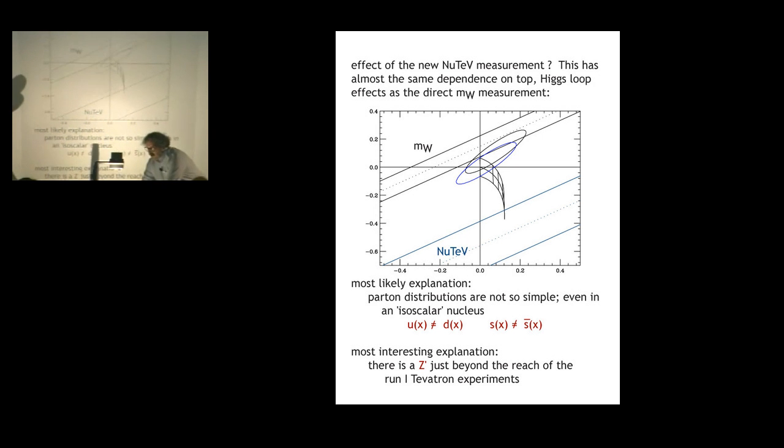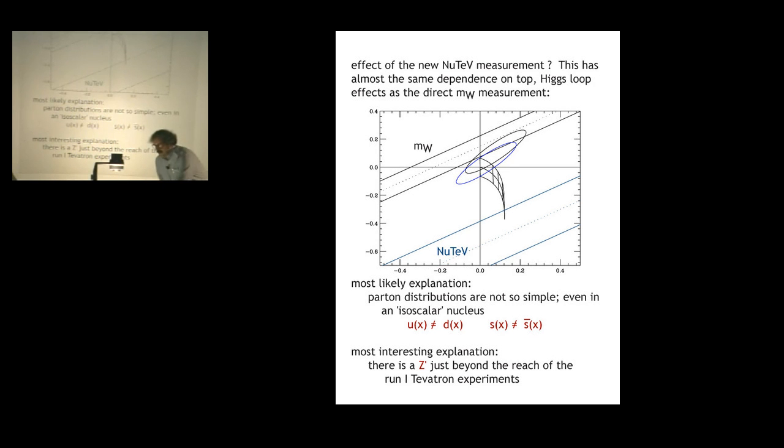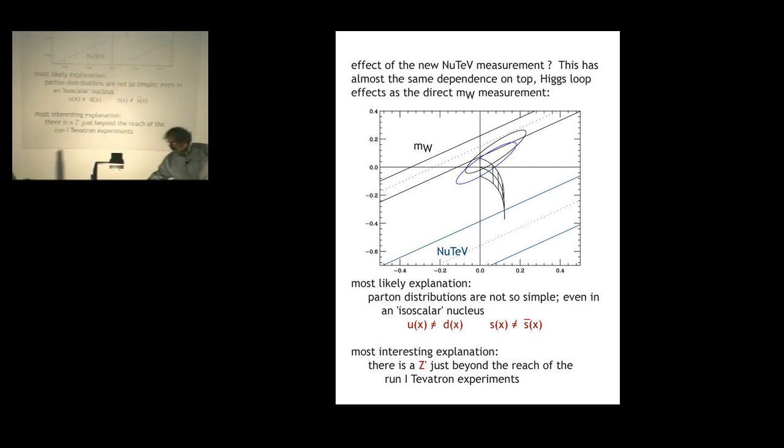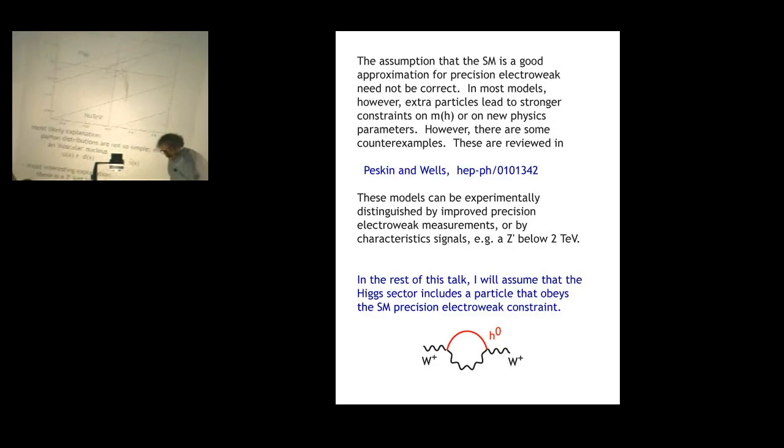In my mind, the most likely explanation for the discrepancy in NuTev is that parton distributions aren't as simple as you would like. Even in an isoscalar nucleus, U is not equal to D, S is not equal to S bar. That can generate a systematic shift of the NuTev prediction, which is actually sizable in the size of the discrepancy. Of course, the most interesting explanation is that NuTev is found as E prime, which then will show up very early in the run 2 at the Tevatron. And so this is the one we'd like to happen. This is maybe my more pessimistic point of view. In any case, I don't think NuTev has any effect on the conclusion of the previous slide, that precision electroweak